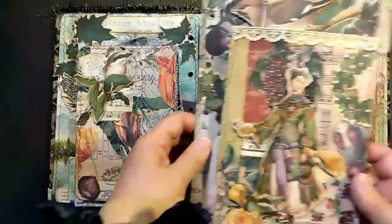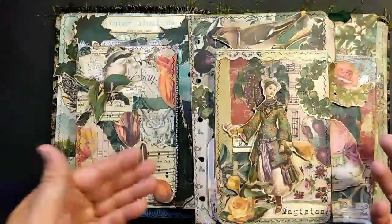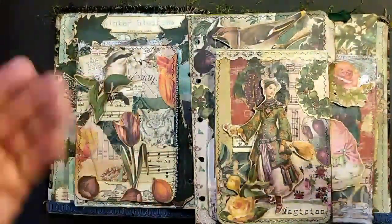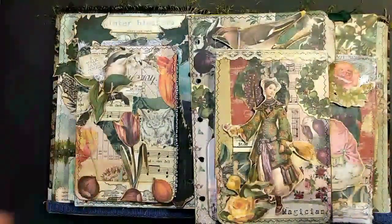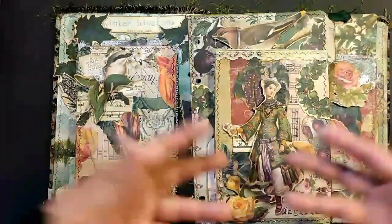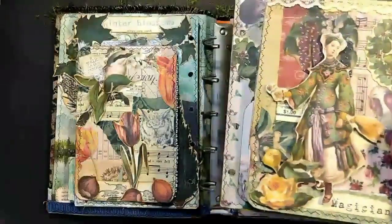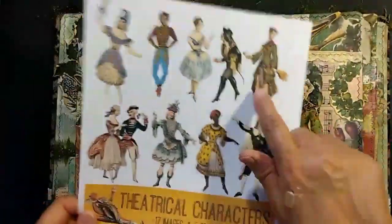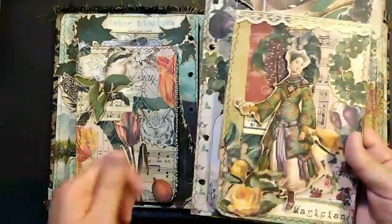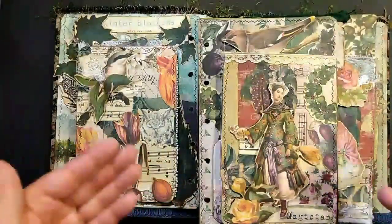Okay, so moving on, we're coming into spring, and I titled this page Magician because spring is a magical time where all of a sudden, this sort of brown on brown on brown or just evergreen look, at least in Colorado, that's sort of how it is in winter, emerges into more color and growth. And this particular character's jacket, she is from this theatrical characters thing. Her jacket itself just totally made me think of springtime. And again, sort of a Botticelli